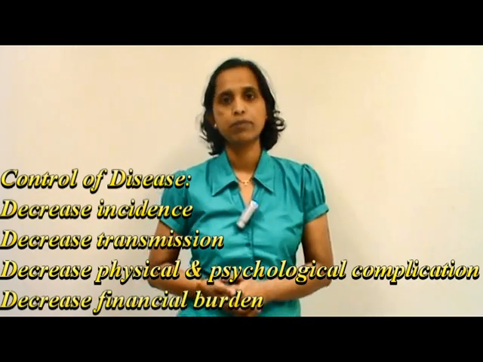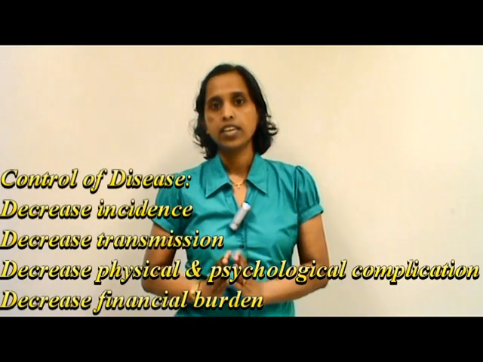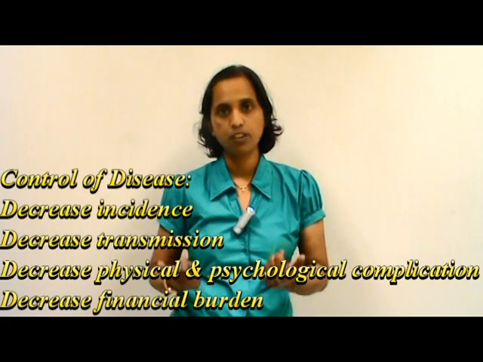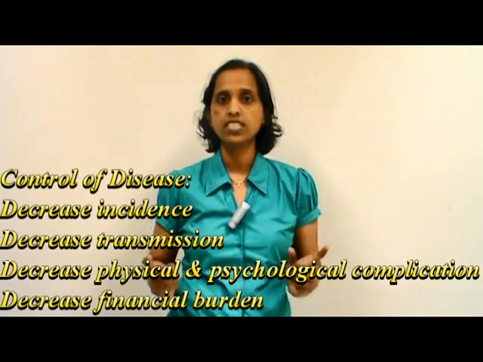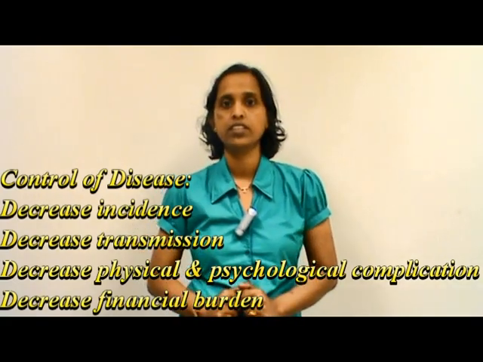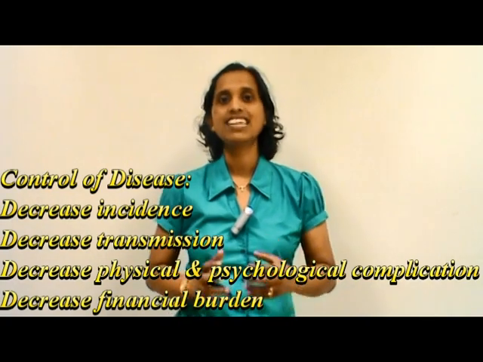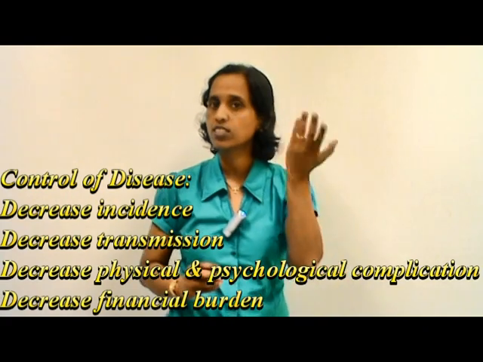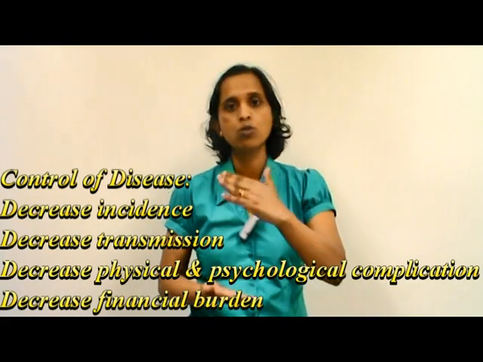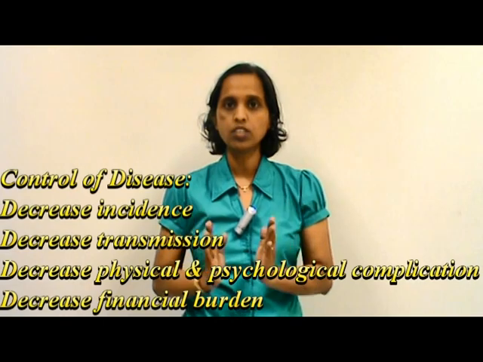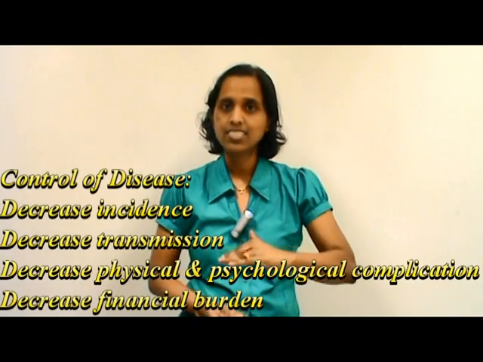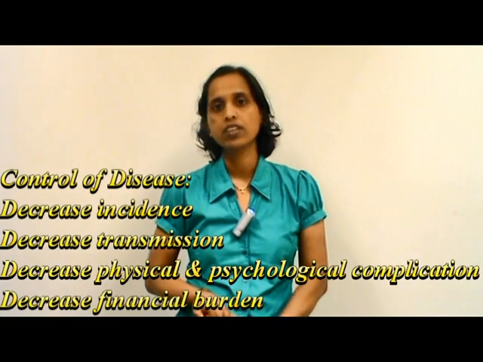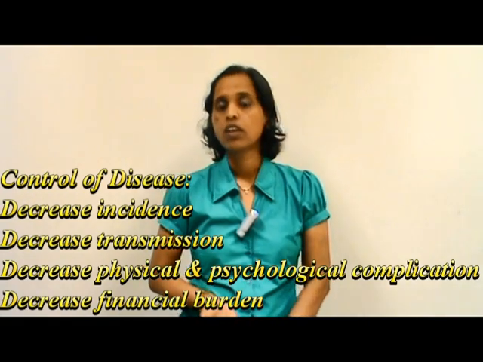The next thing which happens is, control will enable the disease process to halt in the individual who is affected. The duration of the disease will be reduced in the affected individual. Consequently, the risk of transmission of the infectious agent from the affected individual to the susceptible host is also reduced. So, the shorter the duration of the disease, the lesser is the risk of transmission from one person to another. That's another important element of control.